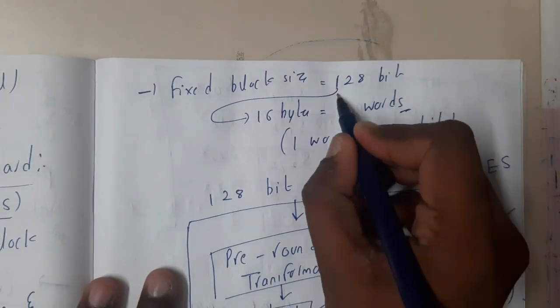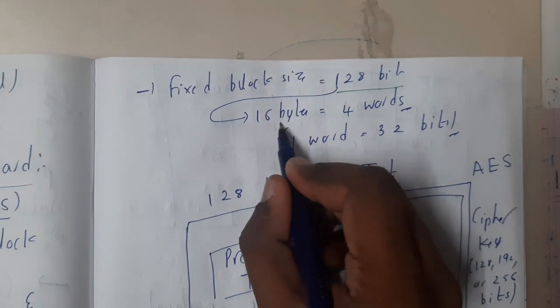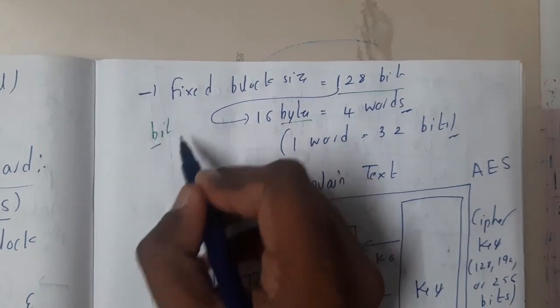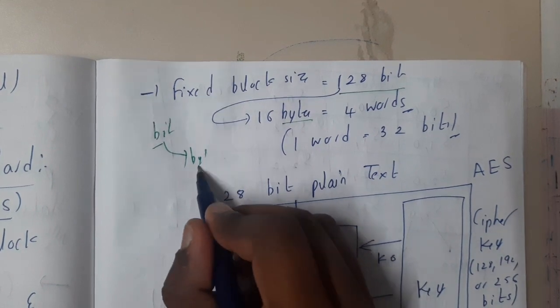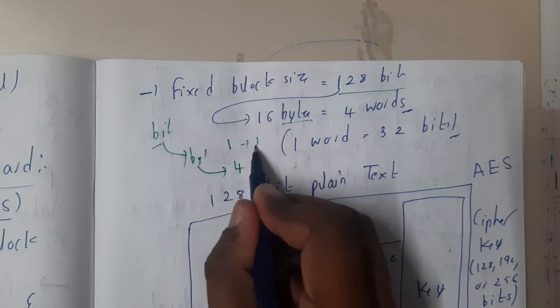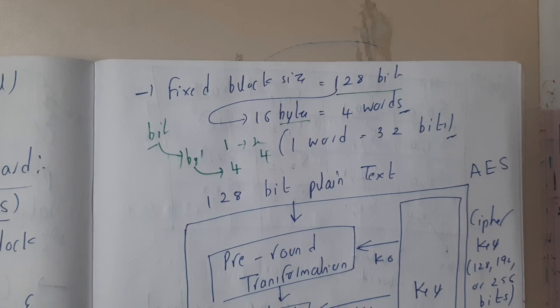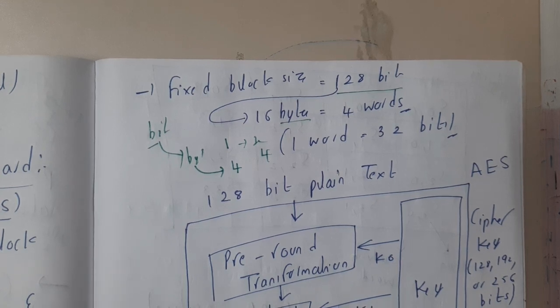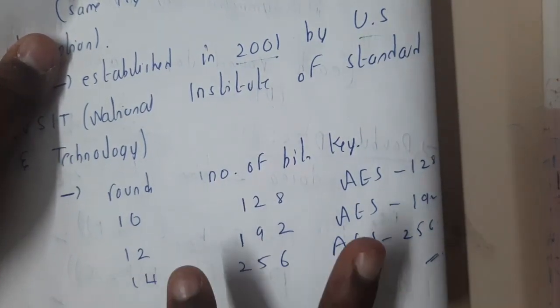So basically this 128 bits is further divided or classified into bytes. What is a bit, guys? It is the smallest unit. So 8 bits is equal to 1 byte. 16 bytes is equal to 4 words, guys. That is, 1 word is equal to 32 bits, that is equal to 4 bytes. Please concentrate for a while on this conversion, guys, because it will play a really crucial role, as this is the reason why the rounds and the bits are related. You will understand it, don't worry.